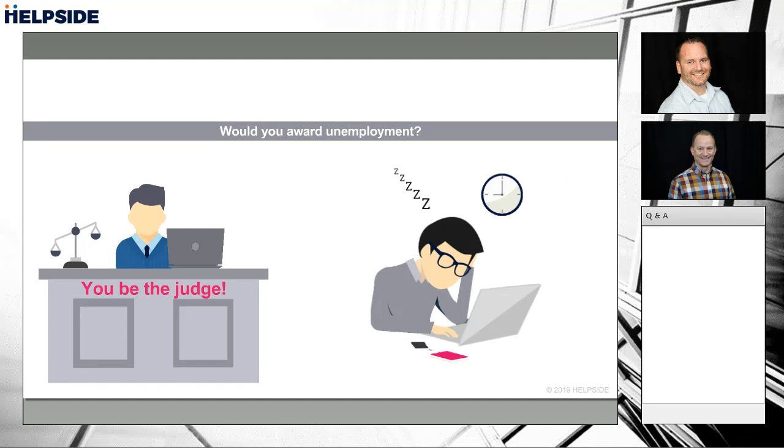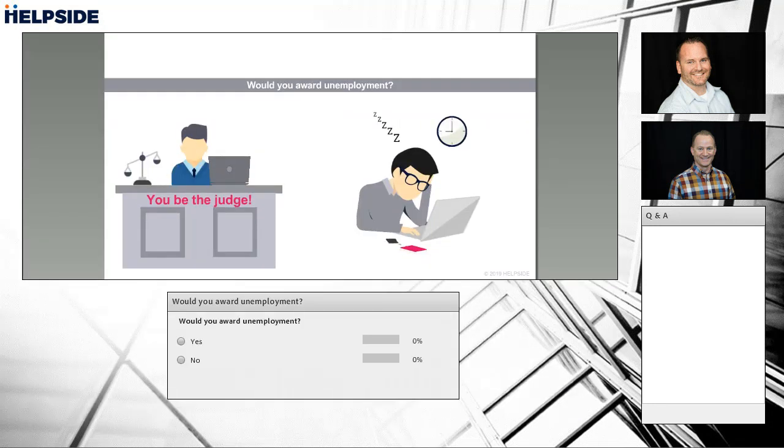All right, let's go through a couple of scenarios and let our listeners now be the judge. We're going to give you 3 scenarios here and a few details around that. And we'll simply ask you this question: would you grant unemployment to this person or not? Our first one is Sleepy Sloan. You can see him right there sleeping at his desk. So here's what happened.